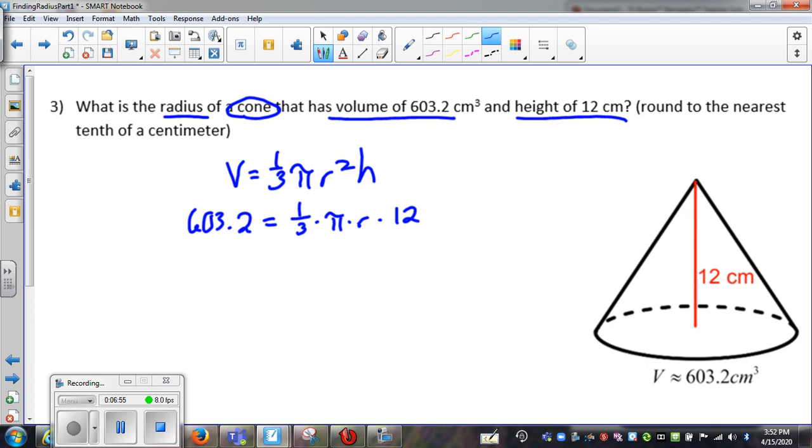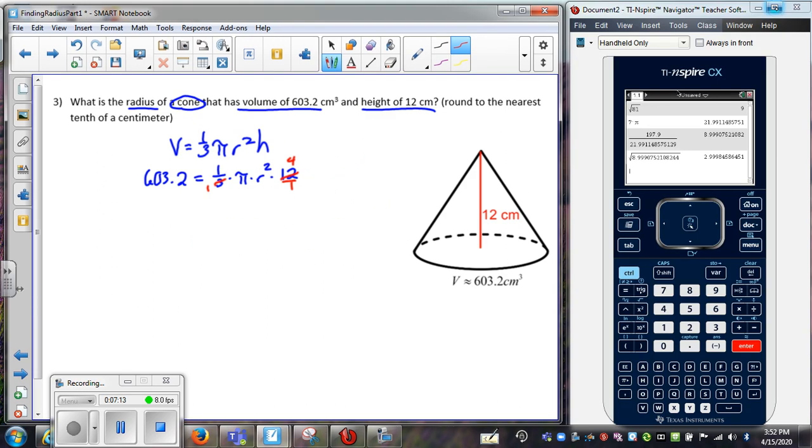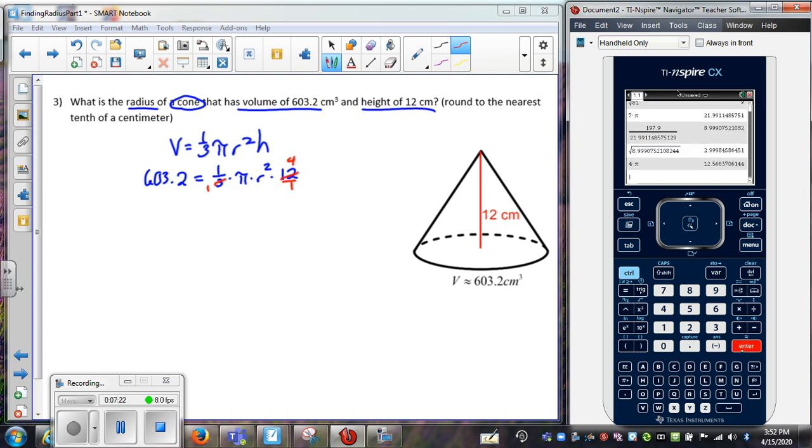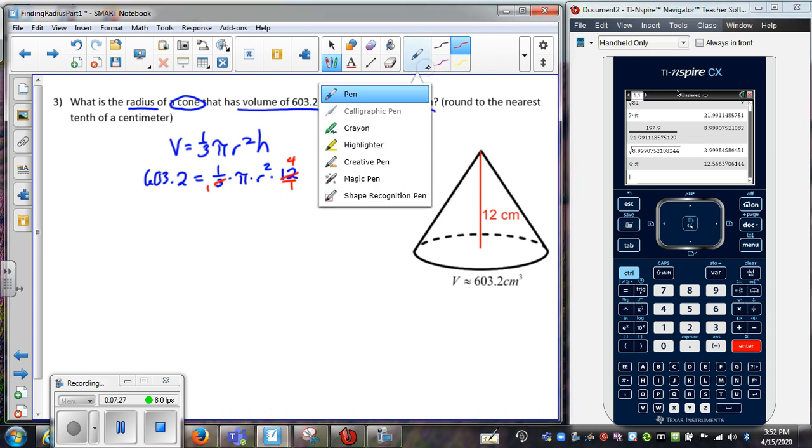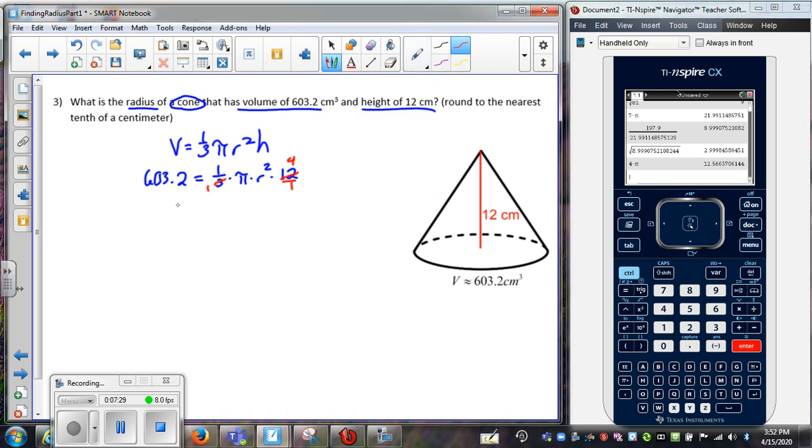Okay. Now I would like to isolate r squared. I think what I'd like to do is do a little simplifying here to make my life a little easier. 3 goes into 3 once, 3 goes into 12 4 times. So now on my calculator, all I have to do is 4 times pi. So that's going to give me, don't want to change that. So now I have